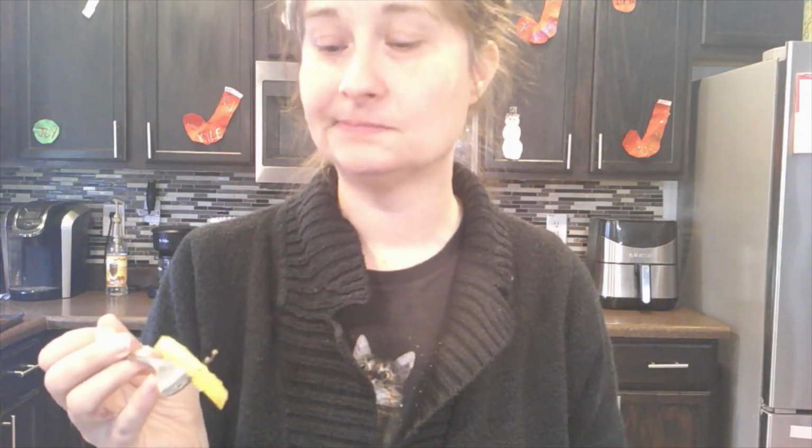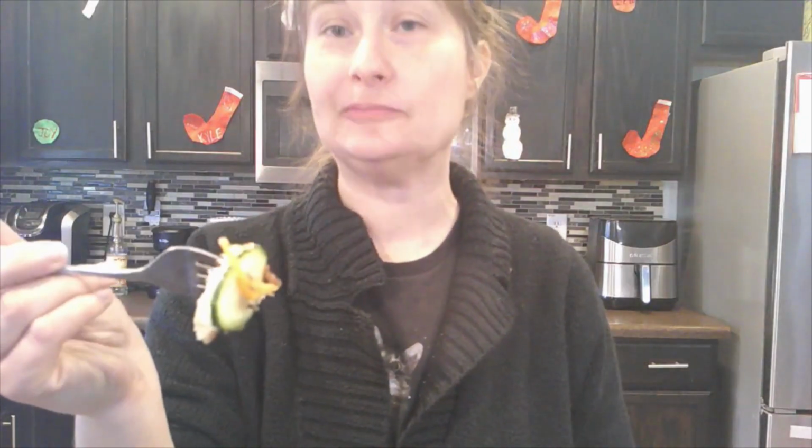Trying a yellow pepper for the first time. It's a little bit spicier than a green pepper. That isn't bad. A little more heat to me than a green pepper. Green pepper doesn't really have much taste. Okay, so this bite here has a cucumber. That dressing definitely makes it taste really good. With all the different vegetables in here, the grapes,